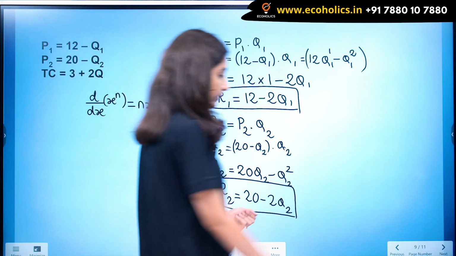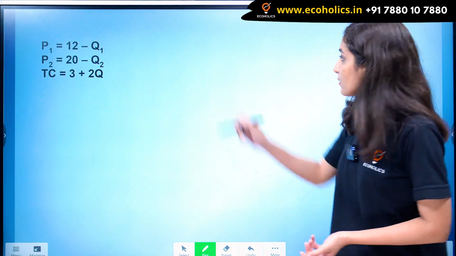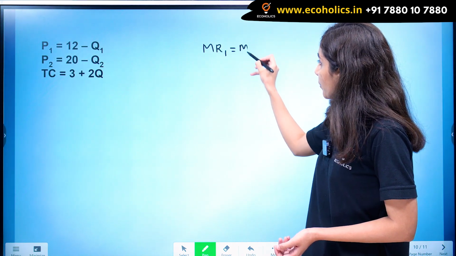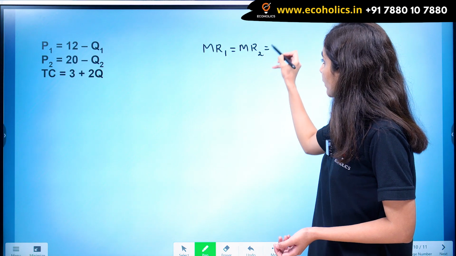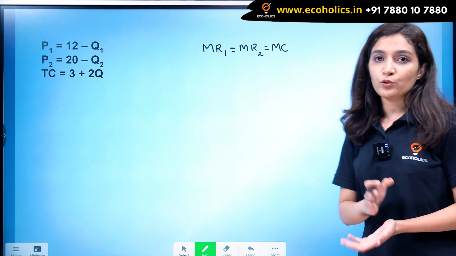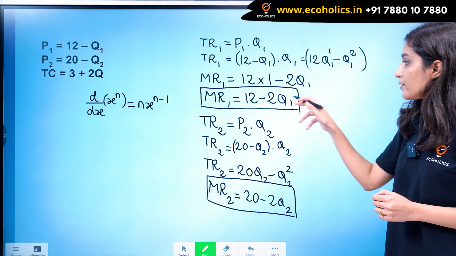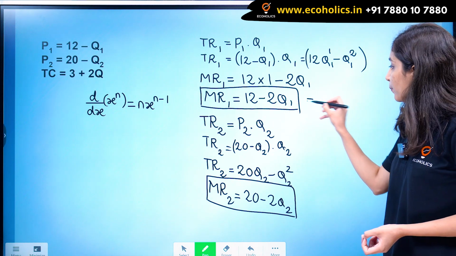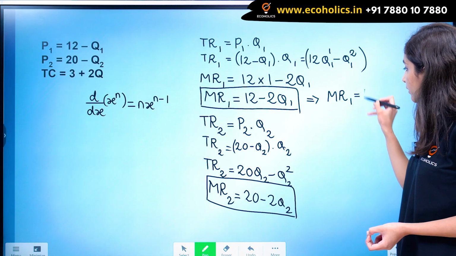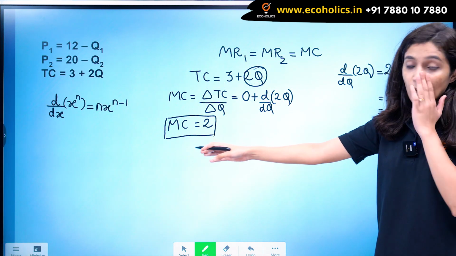And we have already seen that for a discriminating monopolist to be in equilibrium, the condition is MR1 should be equal to MR2 should be equal to MC. So this is our condition for a discriminating monopolist to be in equilibrium. So we got MR1 as 12 minus 2Q1. MR1, we can equate it to MC because we have already got our marginal cost as 2,